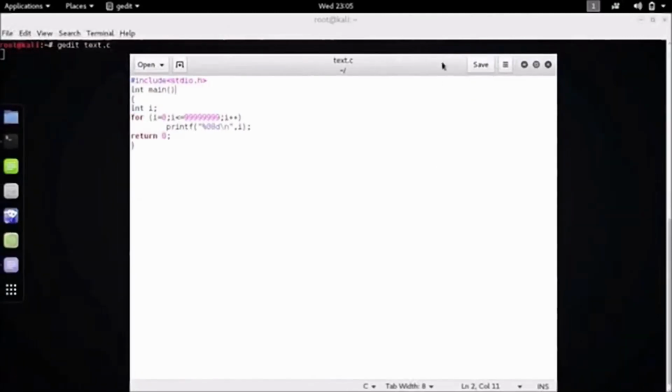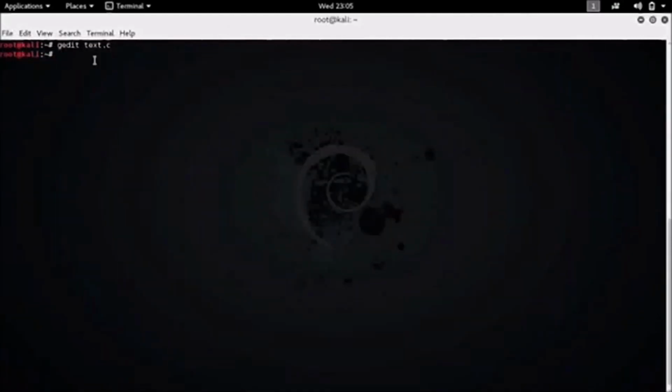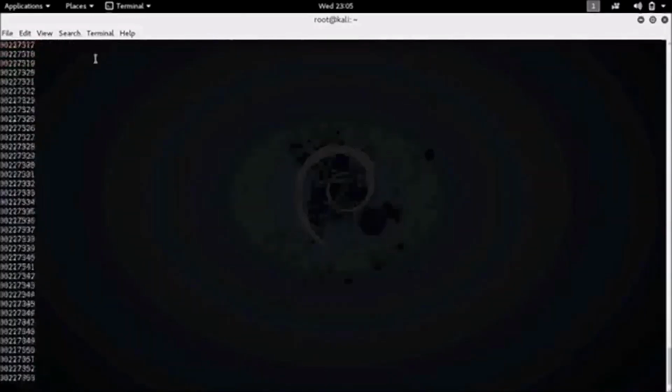So you need to get this output into a file. The procedure is ./a.out followed by the redirect symbol and the place where you need to save the file, like root/hacking/numbers.txt.